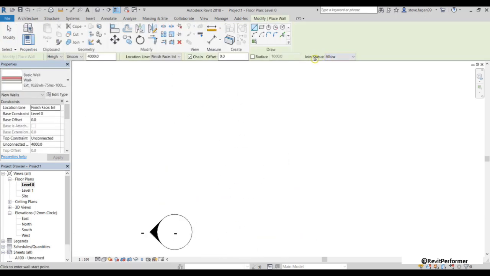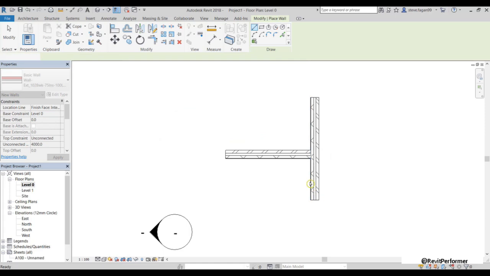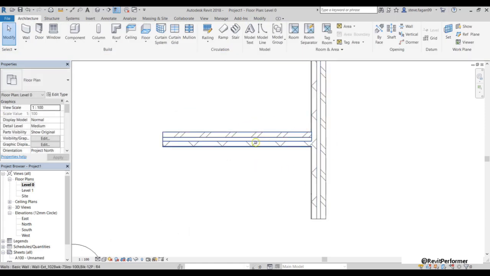And lastly is join status. So when we draw two intersecting walls, they'll automatically join and the core boundaries will meet.